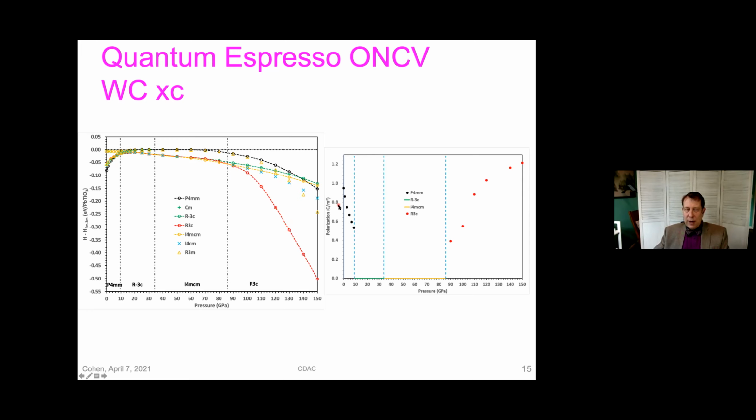We also computed the polarization using the modern theory of polarization. You can see it dropping here in the tetragonal phase, and it's 0 all the way up to 85 or so GPa because these are centrosymmetric structures. And then at higher pressure, it comes back in, and I was thinking, well, maybe it's going to be a small polarization at ultra high pressure, but no, it actually gets to be even higher than the polarization at 0 pressure. So this is really fascinating to me.